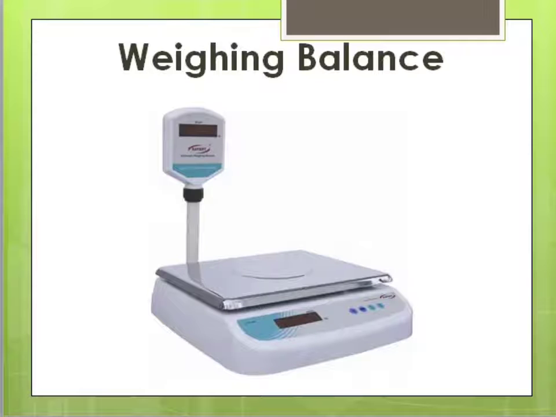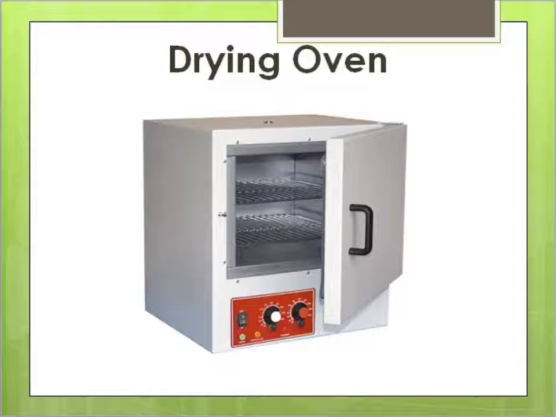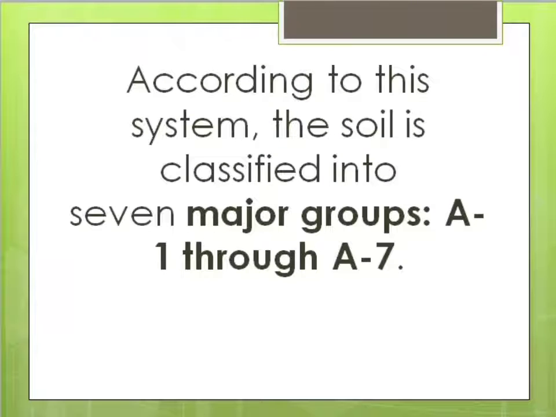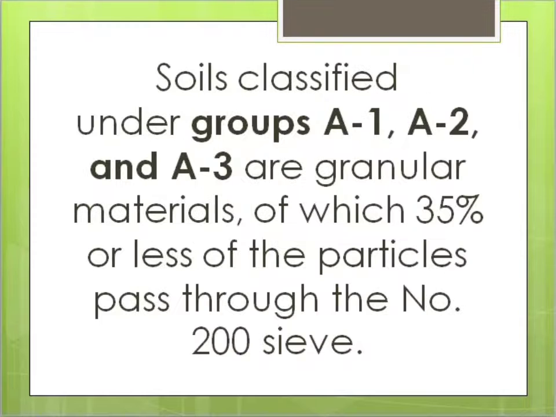Another apparatus is weighing balance. And the last apparatus is drying oven. AASHTO classification system procedures. According to this system, the soil is classified into 7 major groups, which is A-1 through A-7. Soils classified under groups A-1, A-2, and A-3 are granular materials of which 35% or less of particles pass